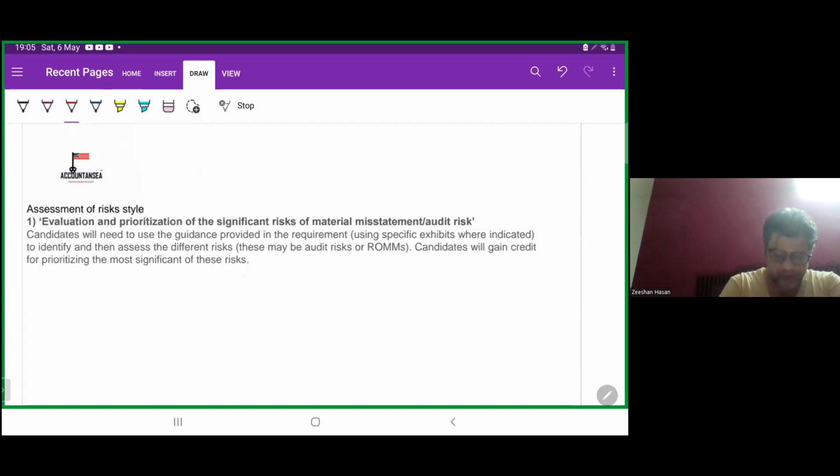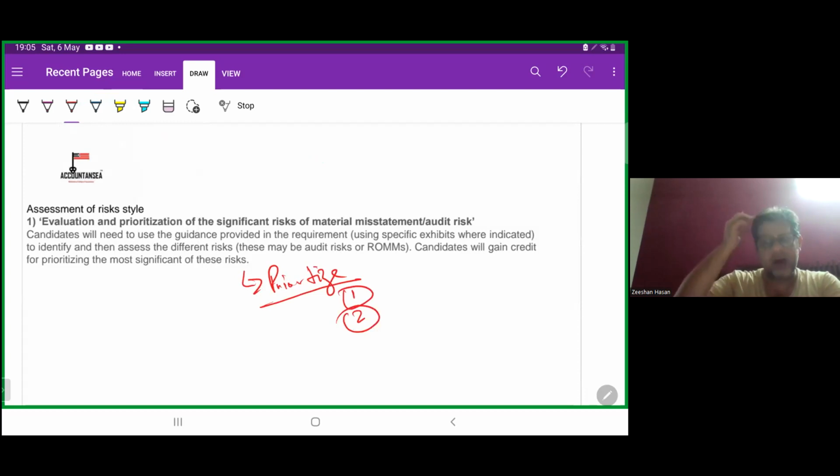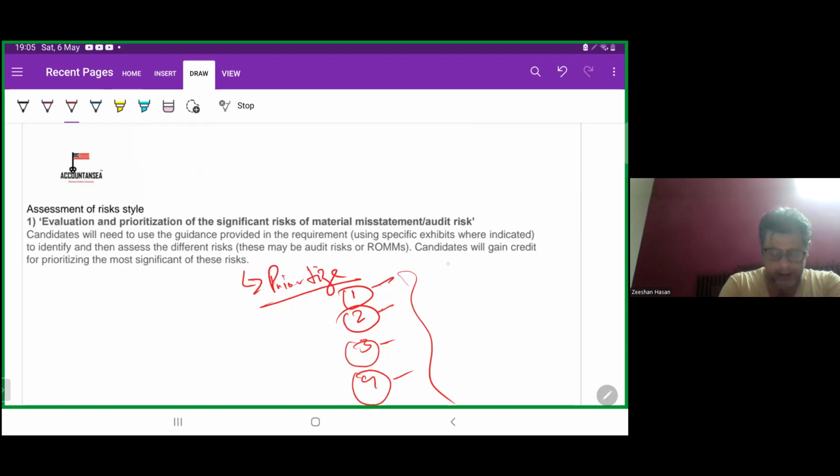prioritize your risk in your answer, right? The most significant risk you should write first, then it should be in descending order: most significant, then less significant, less significant, and so on, right? If the requirement is 20 marks, you should